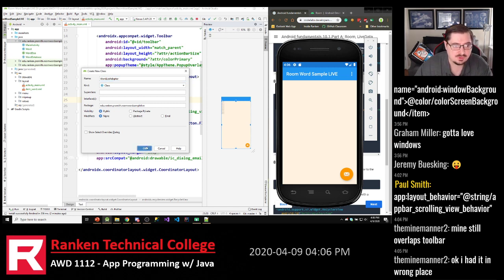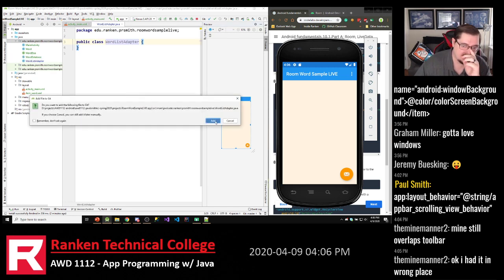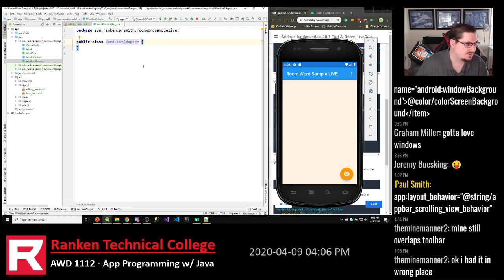And what we do here should be really familiar, because everything I'm going to do in the adapter is, for the most part, going to be the same as what I would do if we were loading this data from anywhere else, whether it be hard-coded data or data from the internet. It's all really the same thing as far as the adapter is concerned. So we're going to say extends